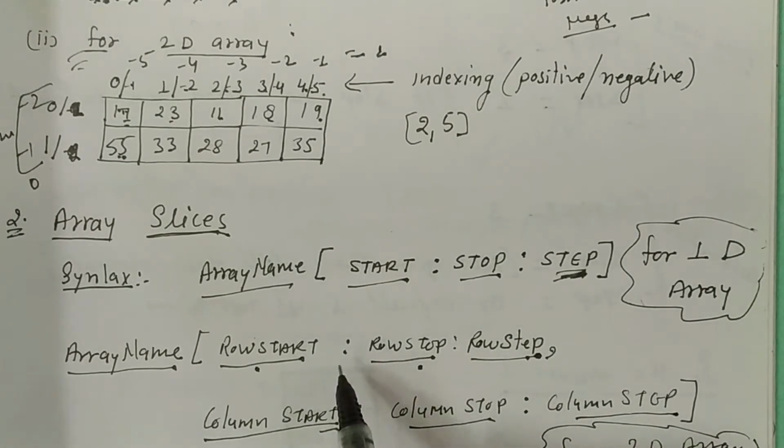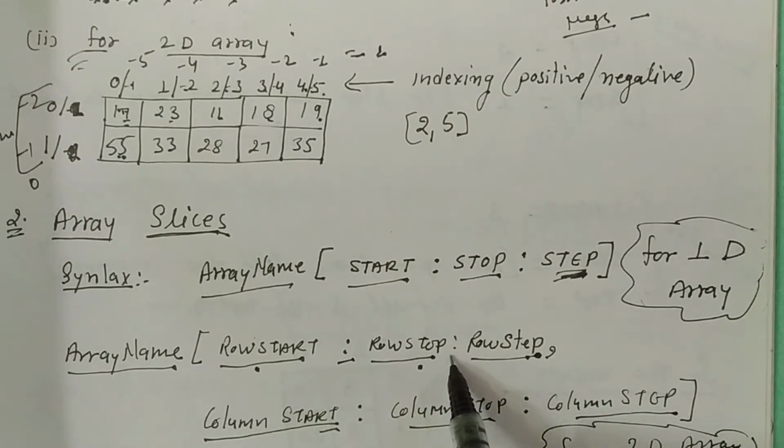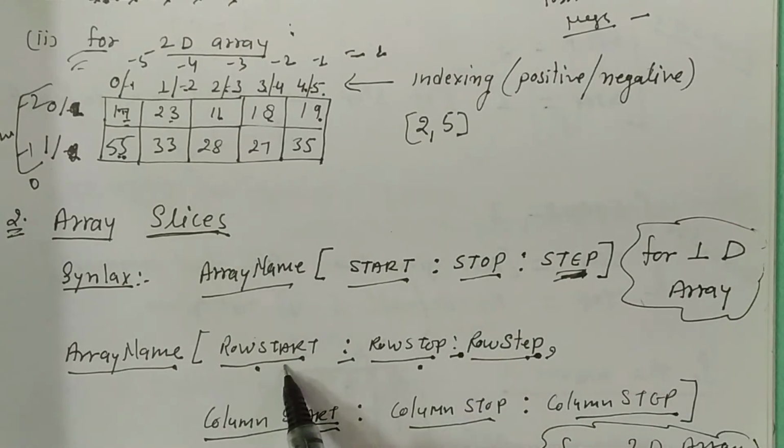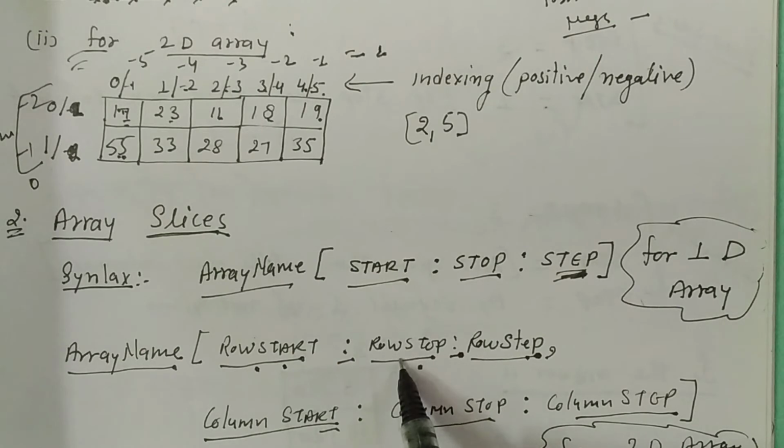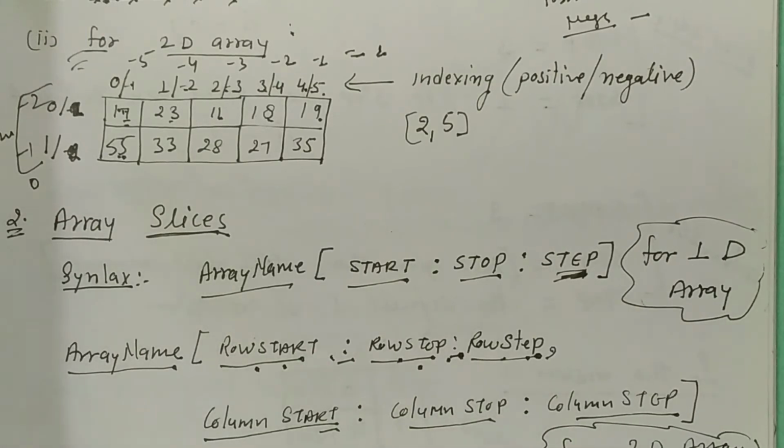Okay, so there is one column and then one column. Two columns are there between the start of the row and the stop of the row, and one column is there after the step of the row. This is a very important thing, how we are using these columns. This is the one for the column also.